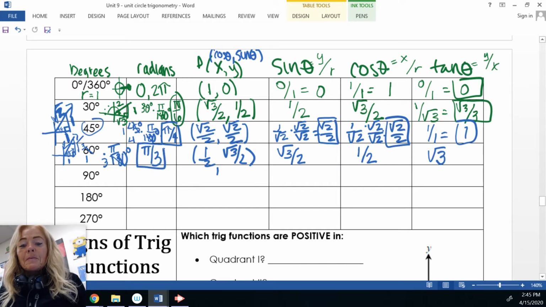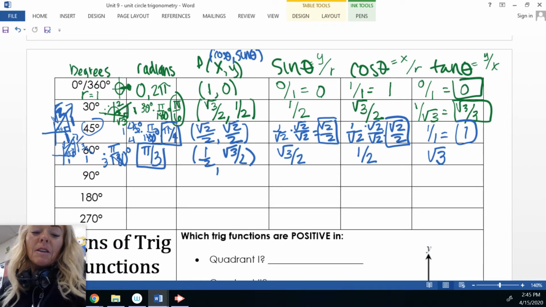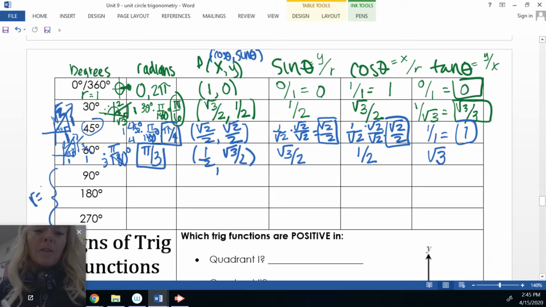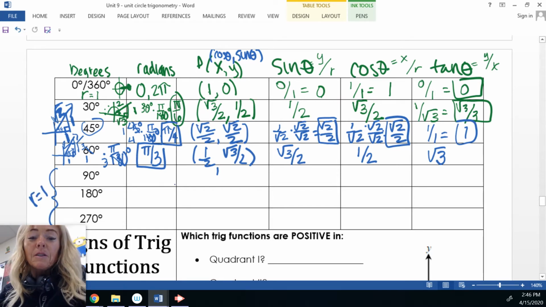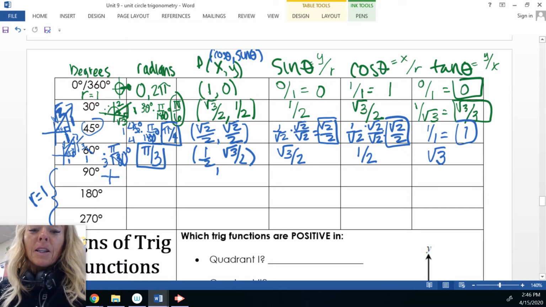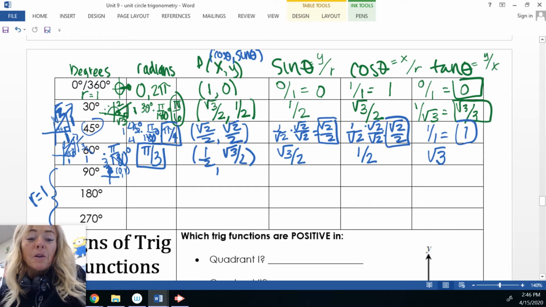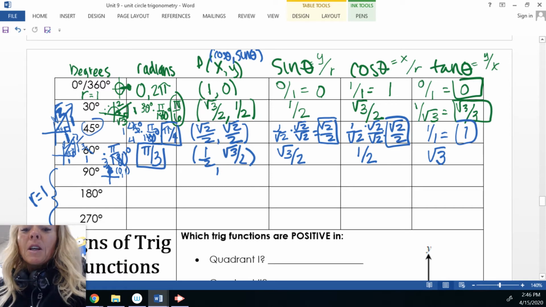Now, these last three are those quadrantal angles I was talking about previously, and I like them a lot better. They're a lot easier. With these quadrantal angles, remember r is always equal to 1. So if r is 1, what I do is I draw my coordinate plane, and 90 degrees is right here, so that's your terminal side, and you make a point on it. And what is that point? It is 0 over and 1 up. Because remember, r is always 1, so we're always moving in units of 1, so 0, 1. So with that 0, 1, and our r equal to 1,